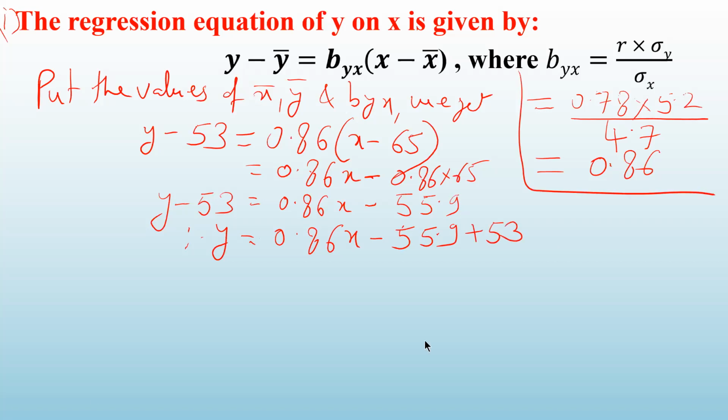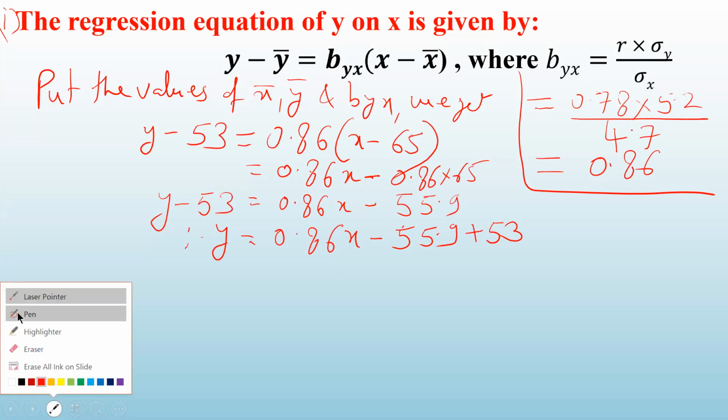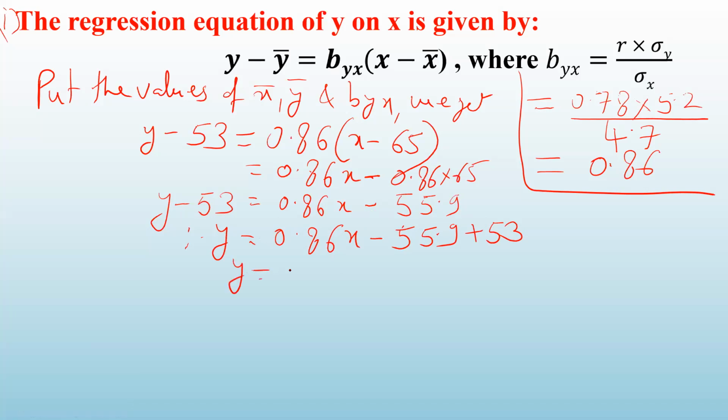Okay, look at what I have done. See here, y minus 53 is equal to 0.86x minus 55.9. So y is equal to 0.86x minus 55.9 and minus 53 we shift here, so it will become plus 53. Now you have to calculate this. So this is equal to y equal to